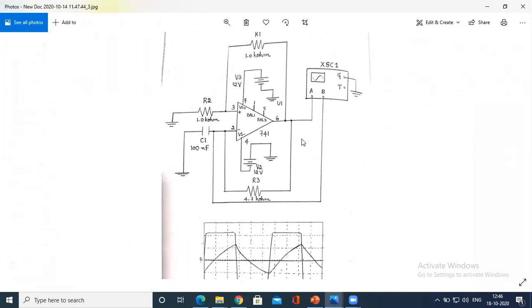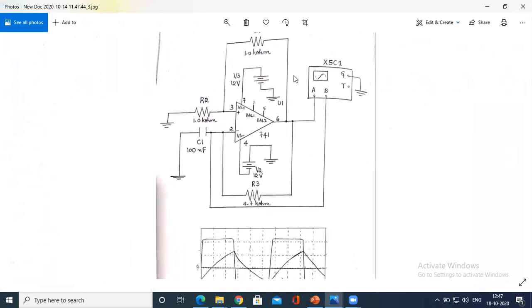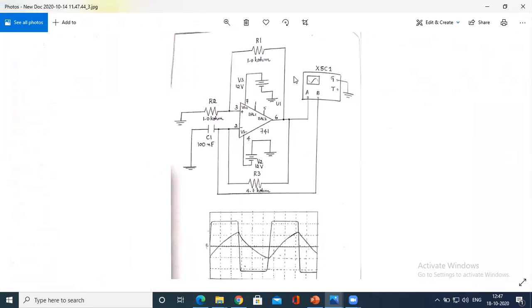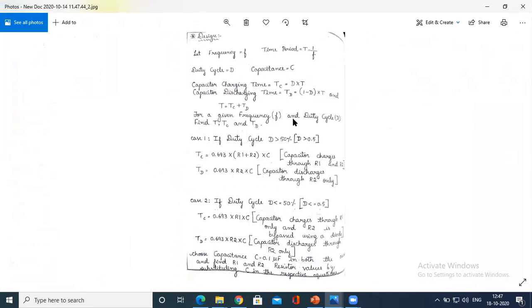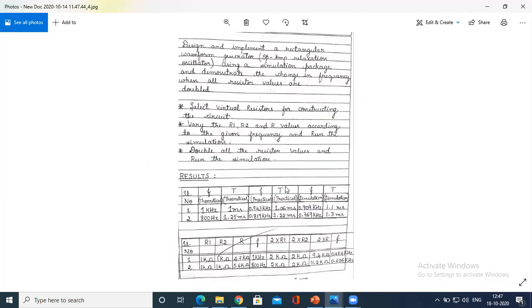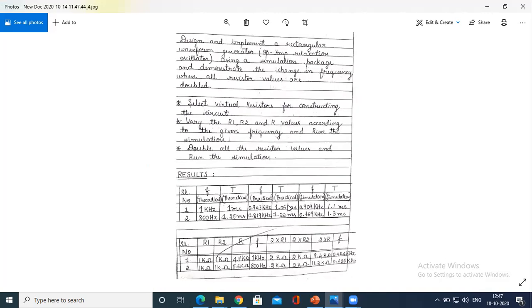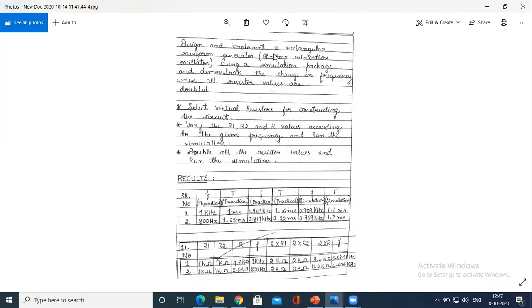So for the first case, frequency equals 1 kilohertz and duty cycle equals 50%. I'll show you one more tabular form, here is a tabular form to design using a simulation.